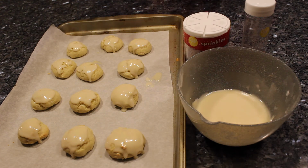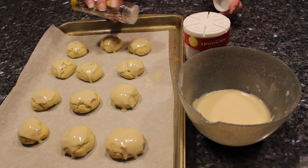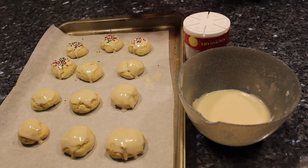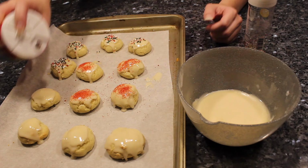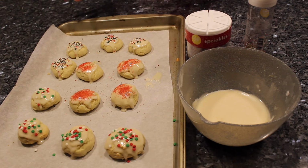And then once there is icing on all of your cookies, you can take either your Christmas sprinkles or whatever sprinkles you have around your house and then just gently sprinkle them onto the icing. And then you're gonna let the cookies sit out so the icing can harden up, and then you can go ahead and